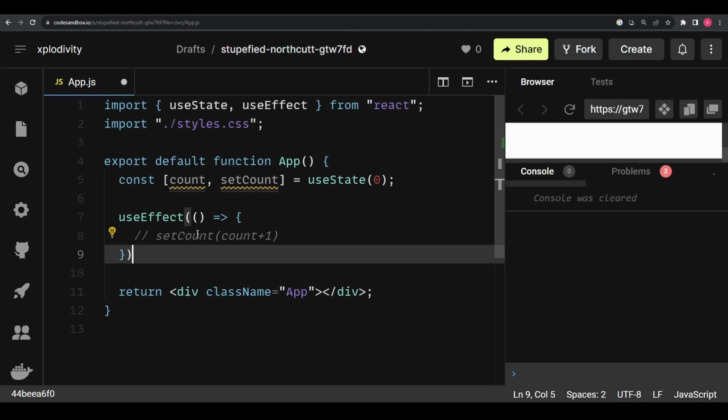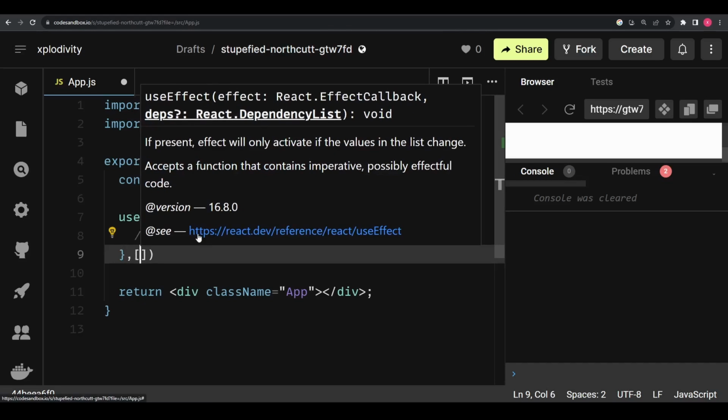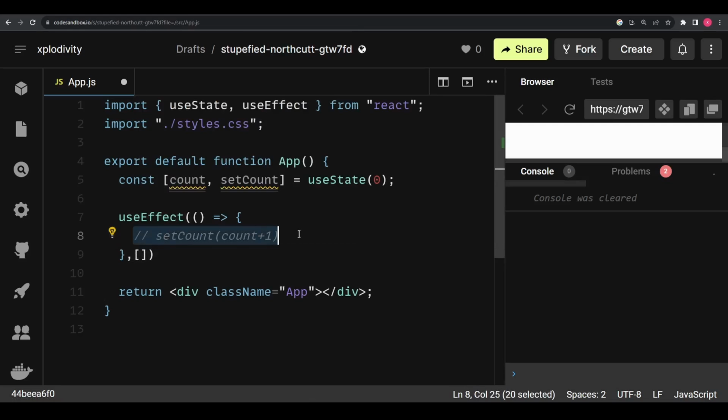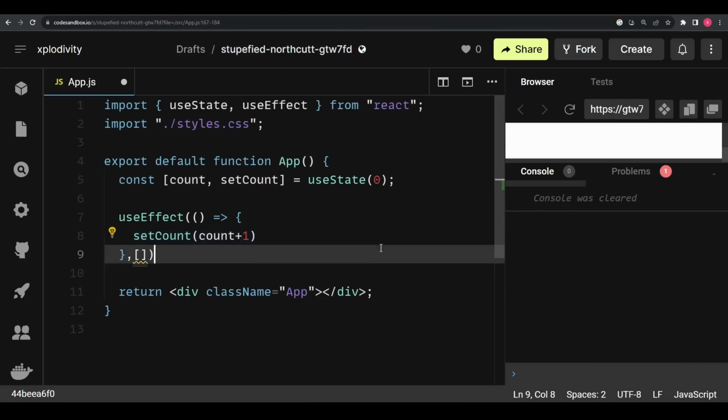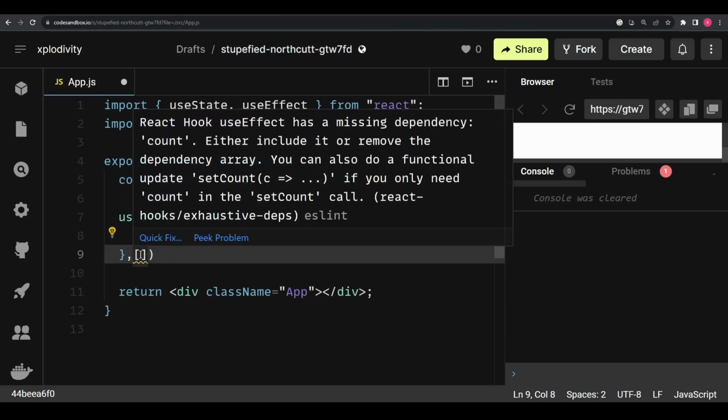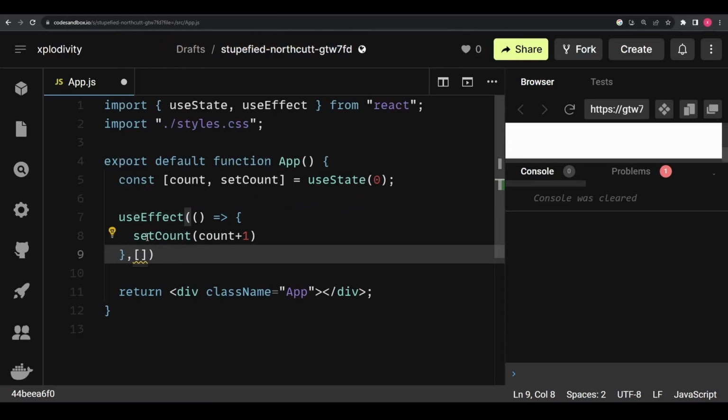So the solution to this is very simple, just add a dependency array over here. So now if I uncomment this, you'll see that we don't get any error over here. If I refresh, we don't get any warning, there's no infinite loop being created. So either you can add an empty dependency array, or let's say in a case where your useEffect depended on some variable, whenever that variable updated itself, then we should run the useEffect. In that scenario, you could also add something within this dependency array, and that would also not create an infinite